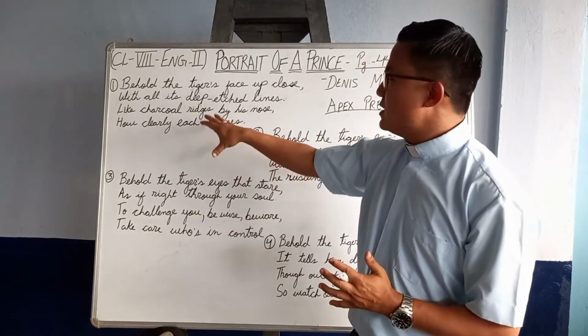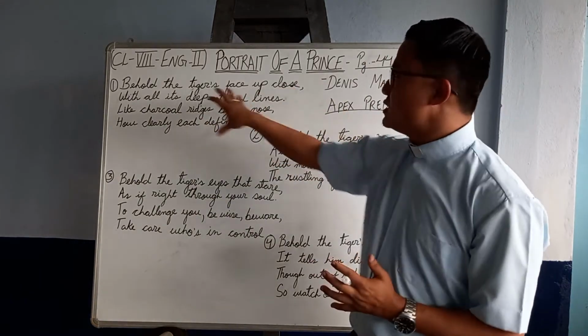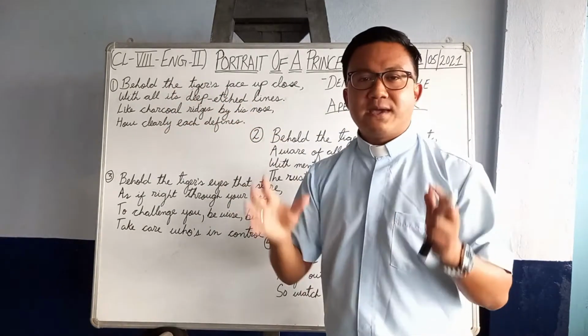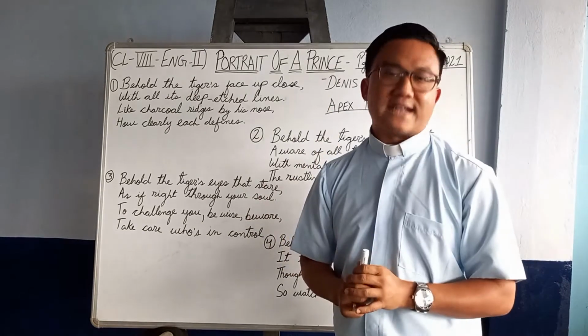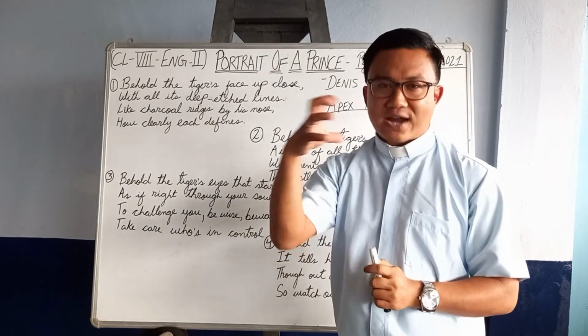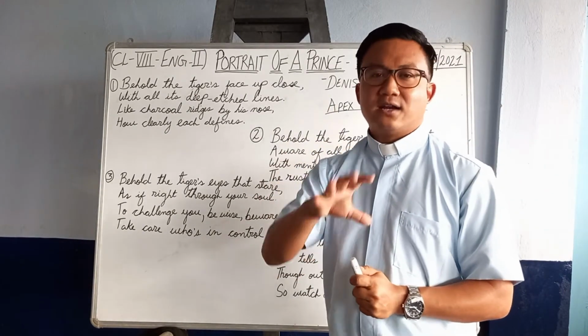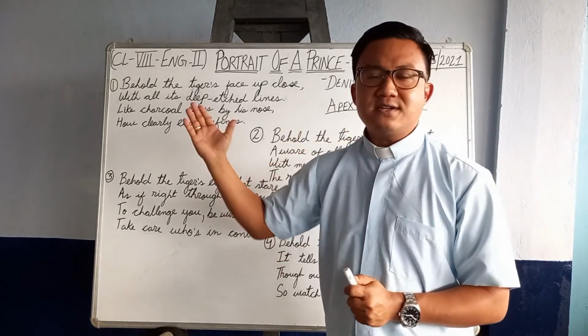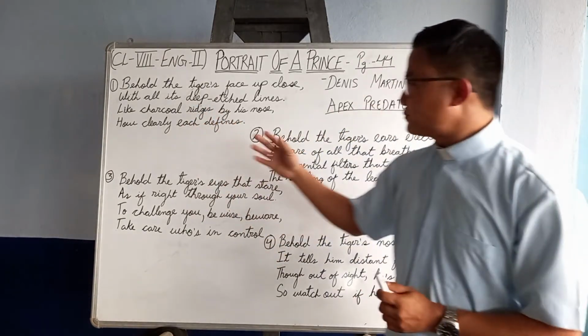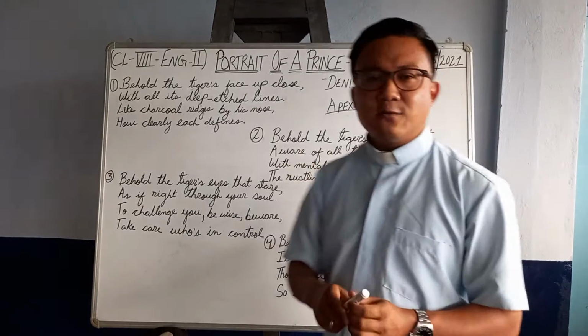This is what the poet is trying to speak about in the first paragraph, the beauty of the face of the tiger, and how the stripes, the deep etched lines, add to the beauty of the tiger. Now, in the second paragraph we see,